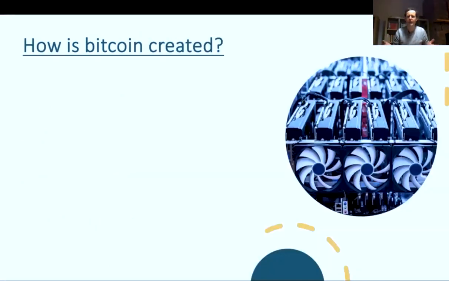So how is Bitcoin actually created? New Bitcoin come into circulation through a process called mining, which, if you remember from the previous video, requires powerful computers to essentially solve the hash to show proof of work to receive the reward. And that's what miners do, essentially. Mining confirms new transactions on the blockchain, and it's a critical component of the blockchain ledger's maintenance and its development. So it's a big part of the Bitcoin network.